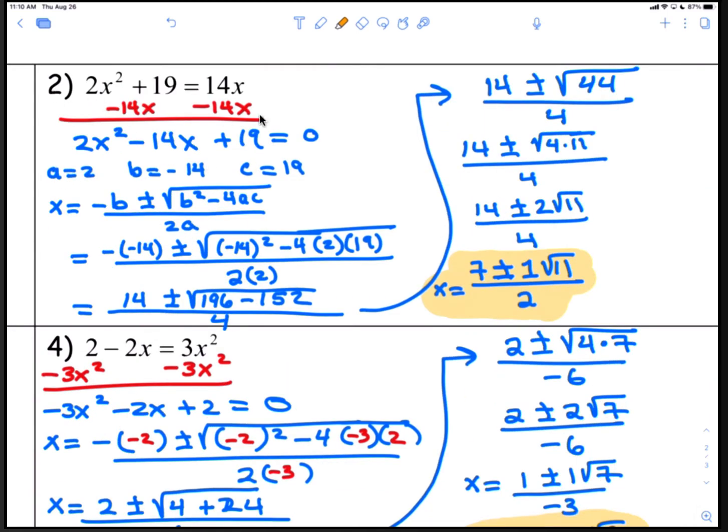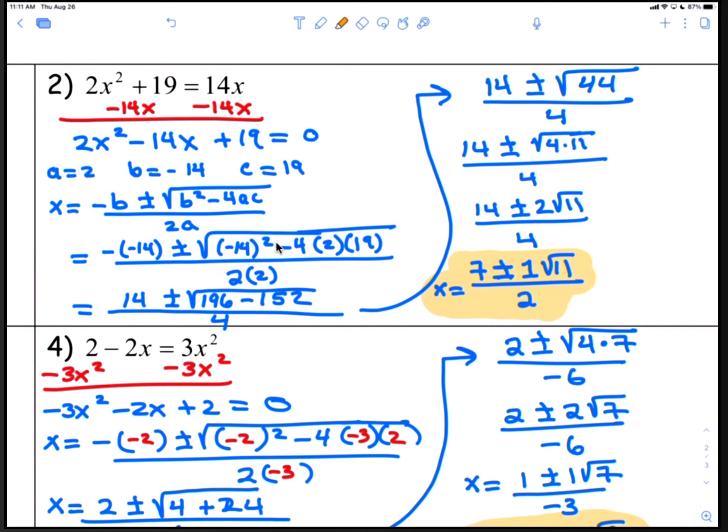For problem number 2, we'll need to subtract 14x from both sides to get it in standard form and set it equal to 0. So the result is 2x squared minus 14x plus 19 equals 0. We identify a as 2, b is negative 14, and c is 19. Here's the quadratic formula, and here is what the function looks like when you substitute the a, b, and c